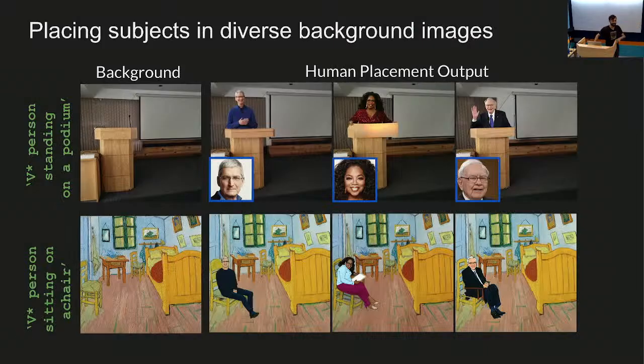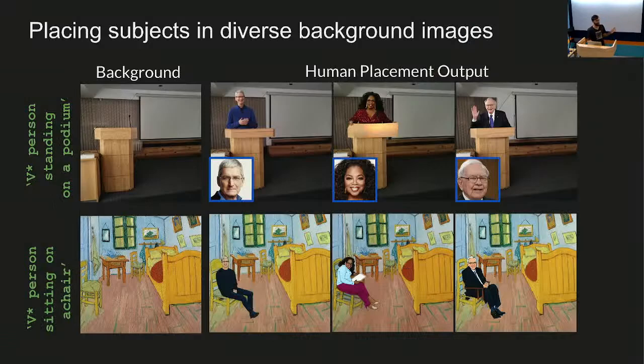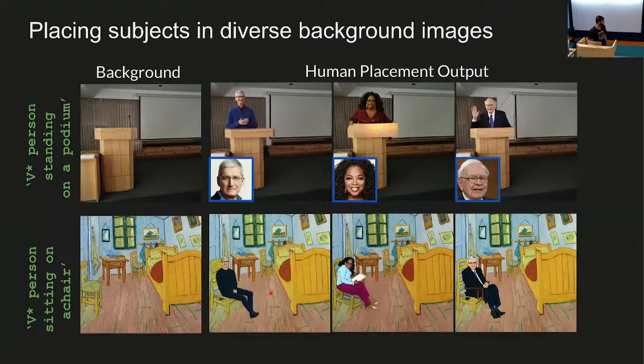So these are some interesting outputs. You can see this is the same podium. You can insert new people there realistically. It understands the occlusion also, which is coming from the in-painting model itself. The in-painting model is very good. We don't train the model. It generates the object behind this thing. And this is again a very interesting example where